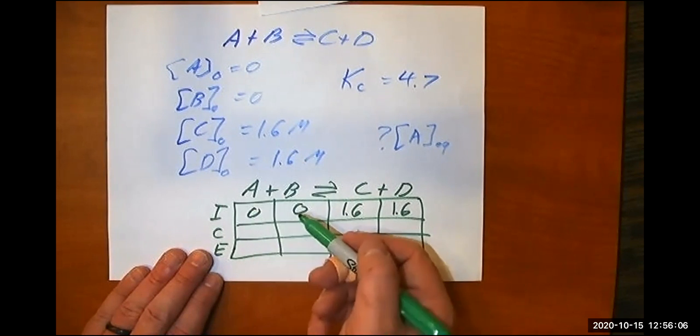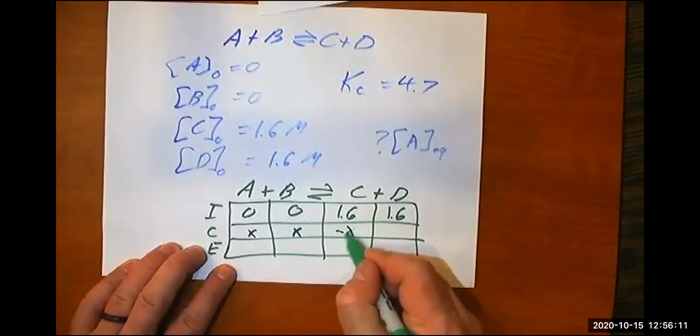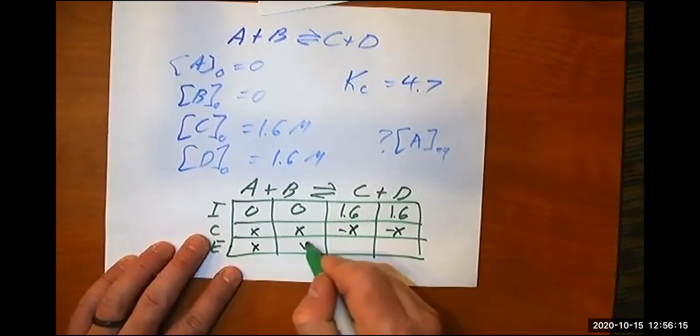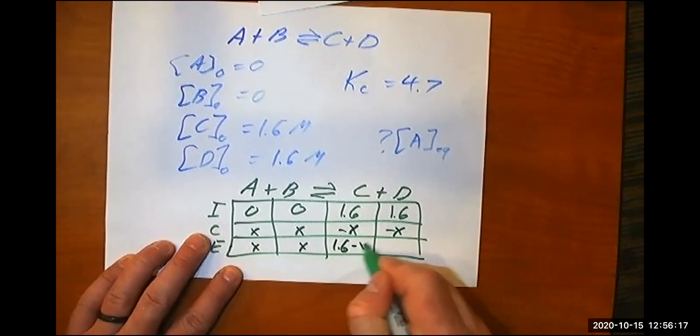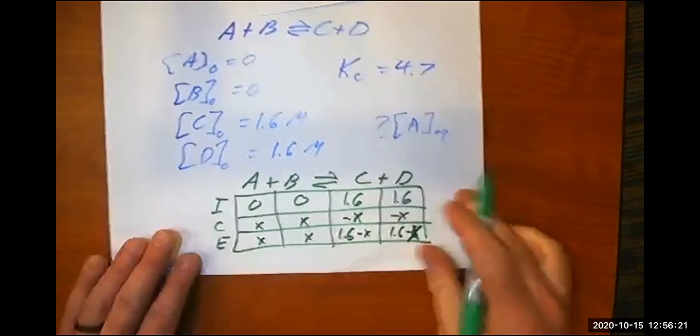If we're starting at 0, we have to go up. So then these become negative. So we have x, x, 1.6 minus x, 1.6 minus x. Okay, now,